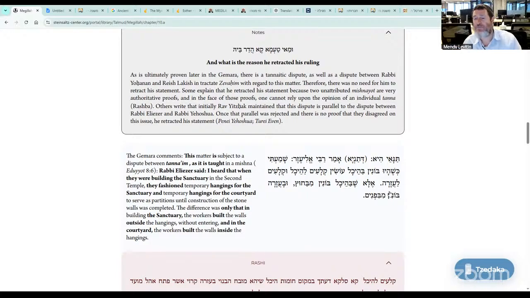But the second temple in the beginning was very simple. They didn't have a lot of money. They were very poor. But in the beginning, they didn't even have material to build a temple. So they just put up kloim. They put up curtains to kind of mark the position of the temple.